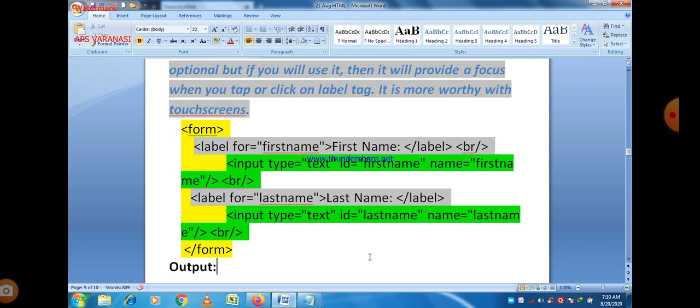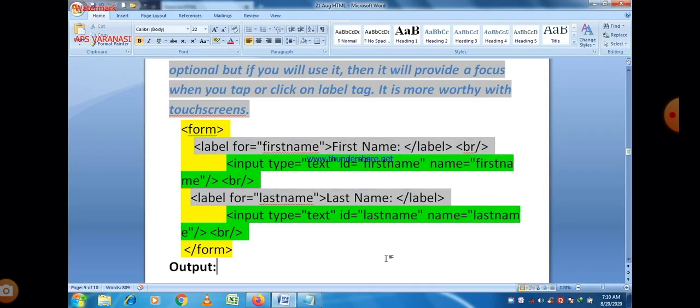So let us try to execute this program and see what happens. We know that there are two input text boxes, single line text boxes, named first name and last name.